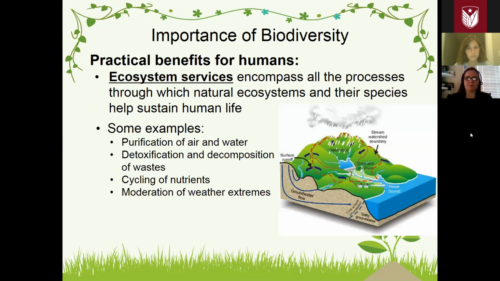Biodiverse rainforests do a better job of cleaning CO2 out of the air. Healthy watersheds, of course, help keep the water clean, the air clean, and all of those different things. So ecosystem services depend on the natural ecosystems to be in their natural state of diversity so that they can function at the best